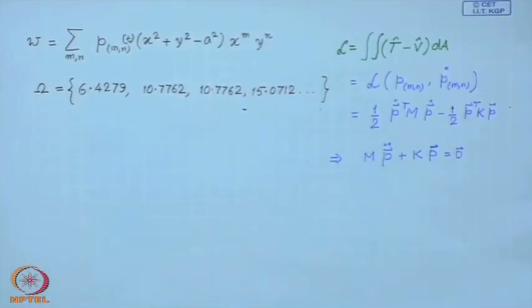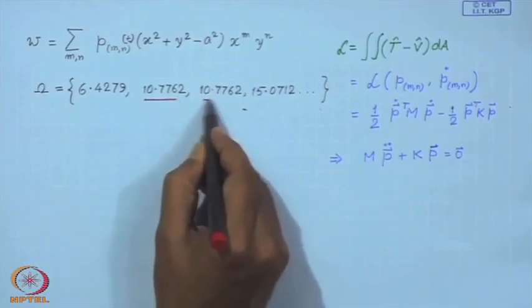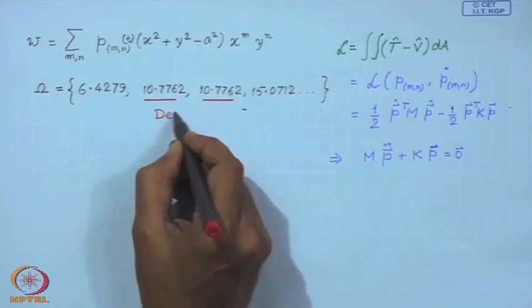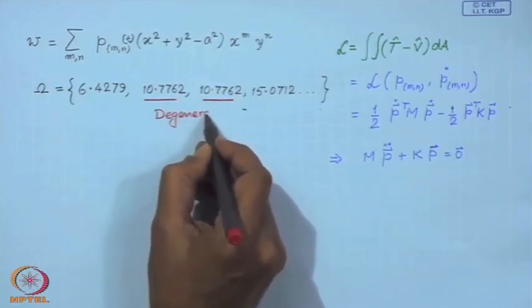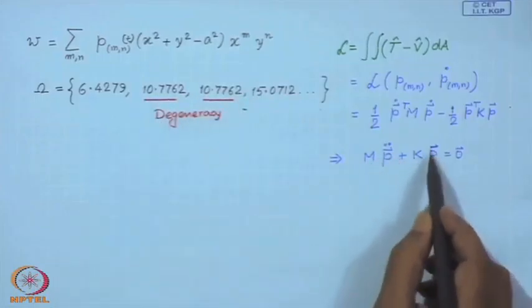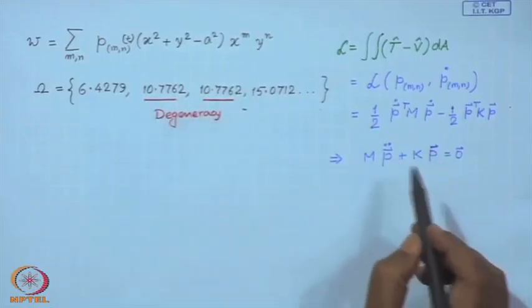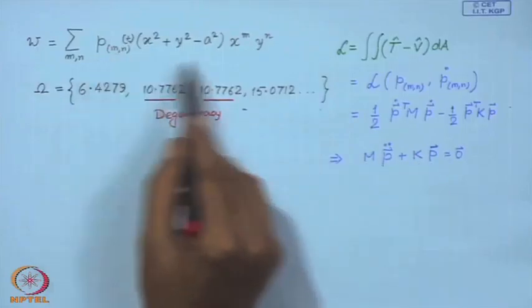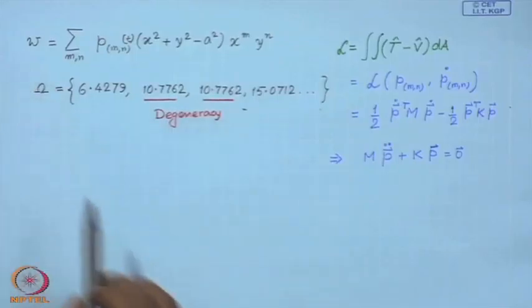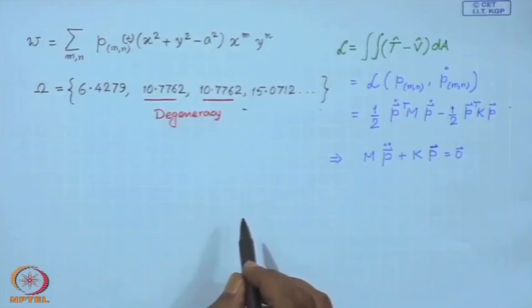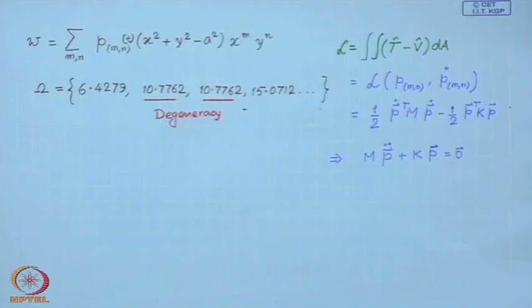So, you see these two frequencies are the same. So, there is a modal degeneracy. You can check that the eigenvectors that you will get corresponding to these two eigenfrequencies are distinct. From here you can construct back the eigenfunctions, and these will be orthogonal. Now, this figure